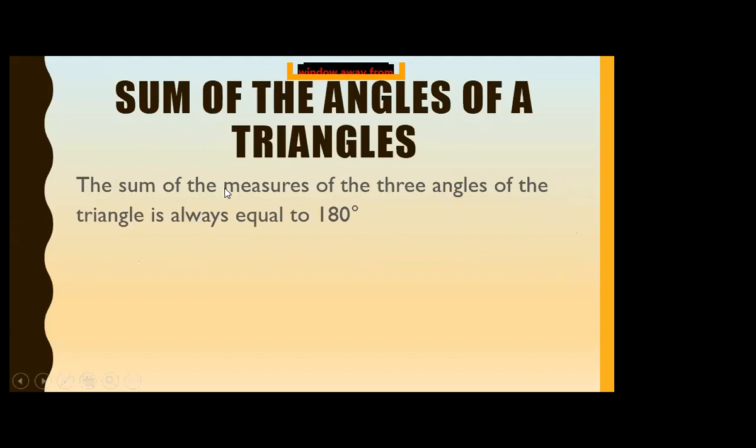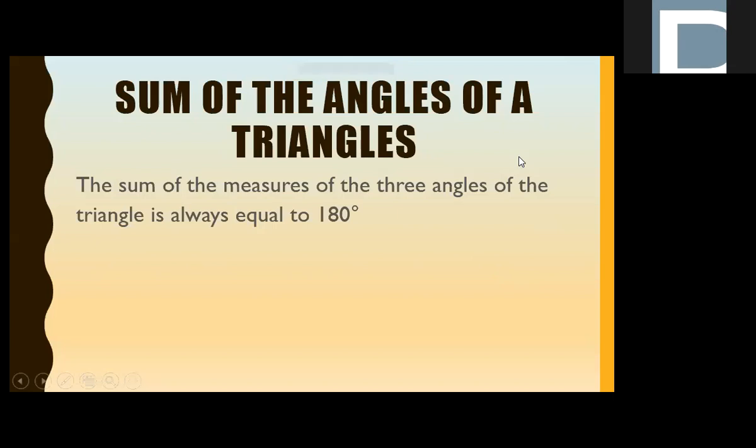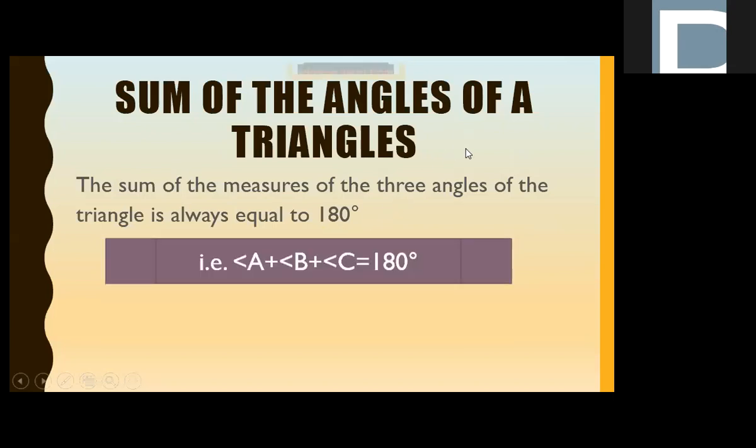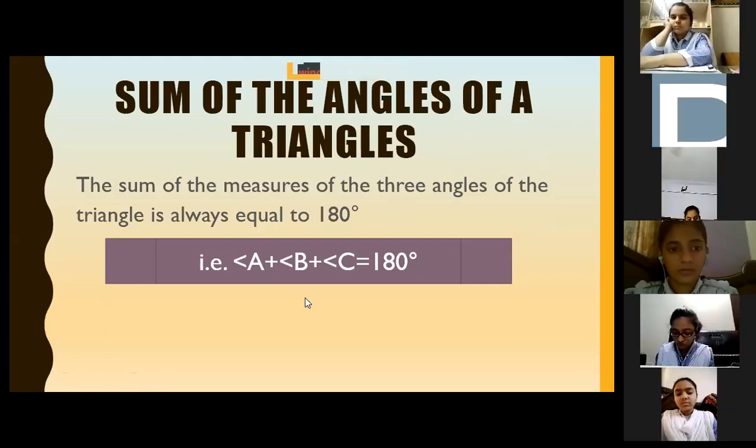Beta, it's very important to remember, if we add all three angles of the triangle, their sum is equal to 180 degrees. Angle A plus angle B plus angle C is always equal to 180 degrees. Sanya, I can give you an MCQ like: angle A plus angle B plus angle C is equal to dash, right? Or the sum of the measures of all the angles of the triangle is equal to dash, right? You have to write 180 degrees.